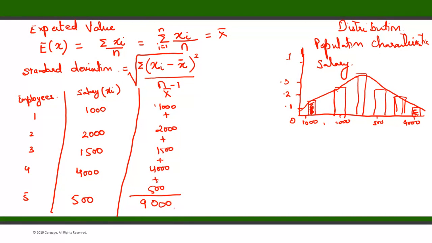So 9,000 divided by 5, which comes out to be,